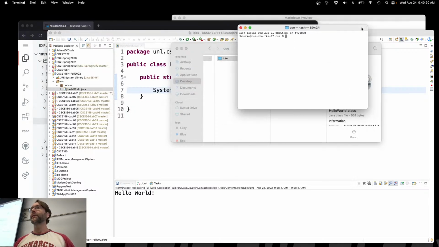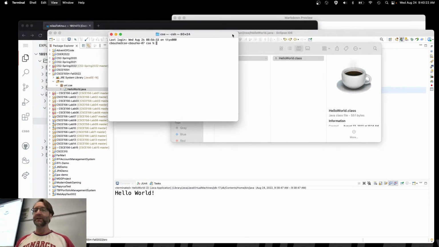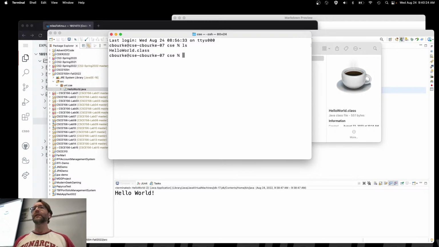From the terminal, just like I was doing for the C stuff, right? I can see that there's this HelloWorld.class file, right? So I can run it by running Java. And again, you don't have to worry about any of this because you're going to be using Eclipse. If you want to get down and practice on the command line, go ahead, be my guest. It's fun. Java classpath here, and we'll run